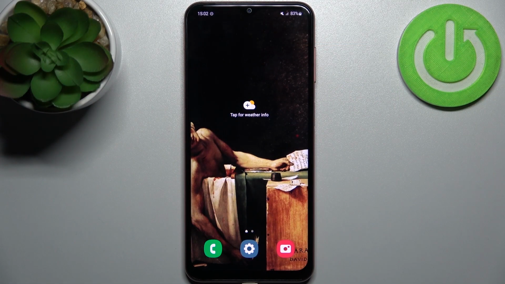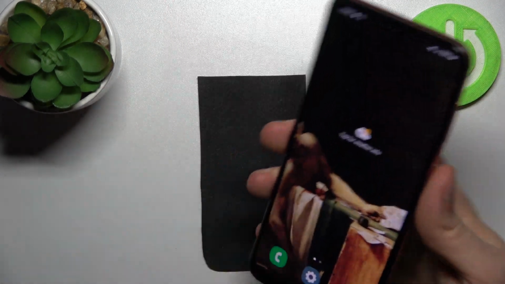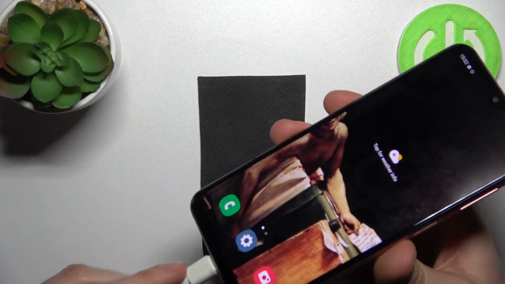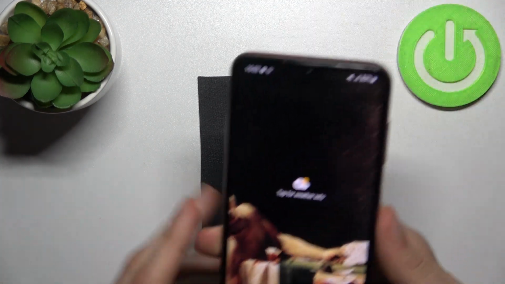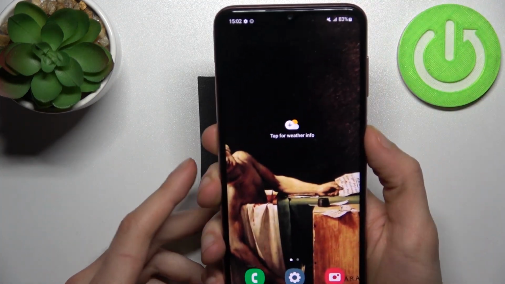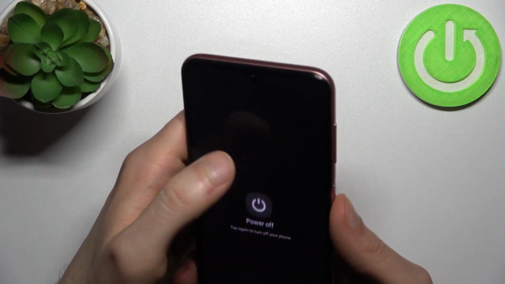Here I have Samsung Galaxy F13, and today I'm going to show you how to enter recovery mode on this device. So to do this, firstly you have to connect your device to the computer with USB cable. So after you do that, you firstly have to turn off your Samsung,